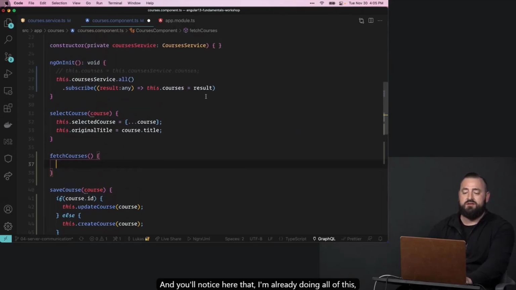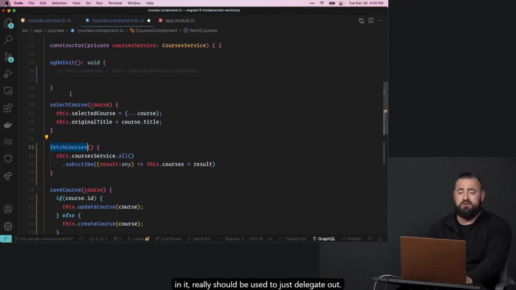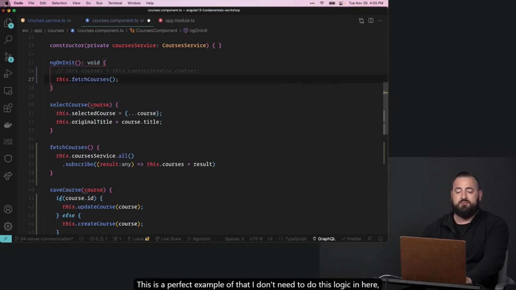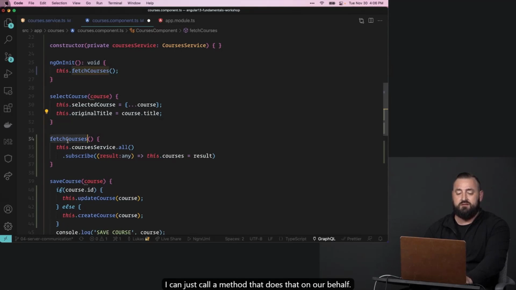And you'll notice here that I'm already doing all of this up in the ng on init. So remember when I said that ng on init really should be used to just delegate out. This is a perfect example of that. I don't need to do this logic in here. I can just